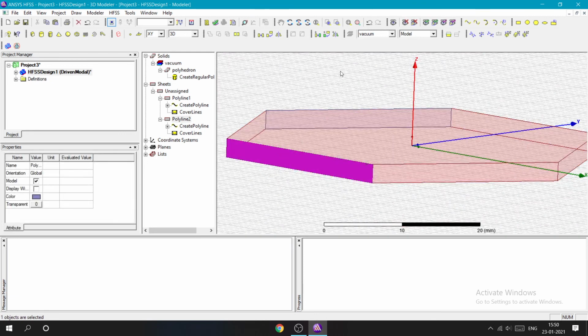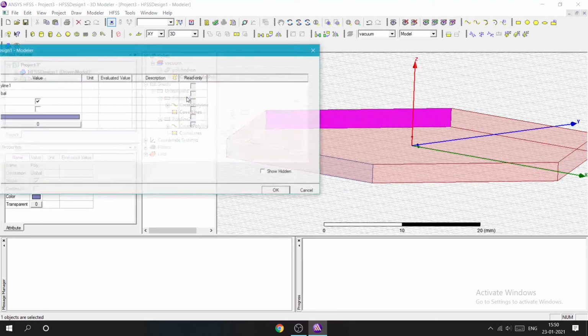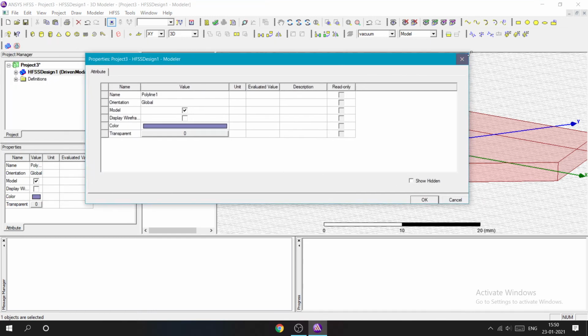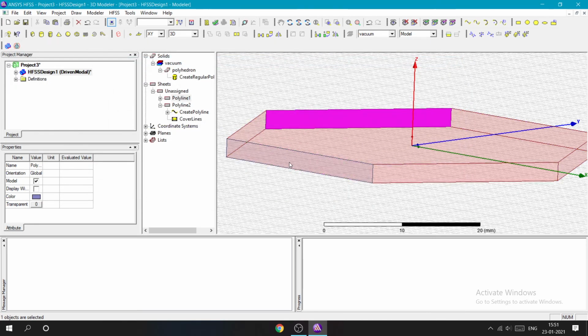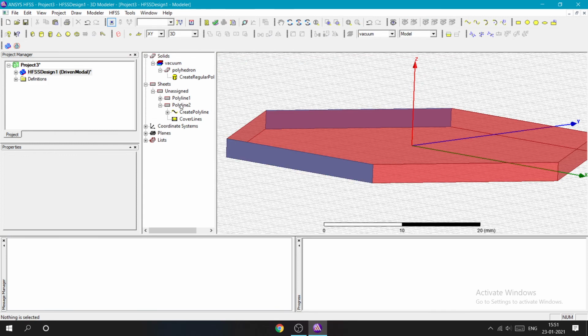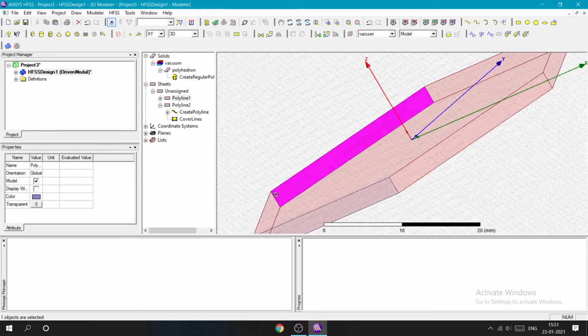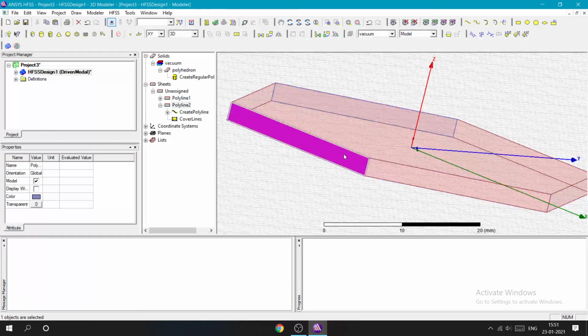So this is a separate rectangle. You can see these are two; this is basically a polygon, right? You understand? So this is one rectangle, this is another rectangle that has been formed, and it is a different one.